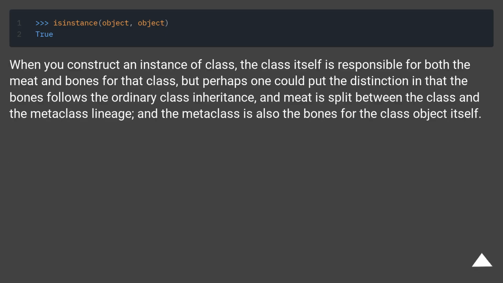When you construct an instance of a class, the class itself is responsible for both the meat and bones for that class, but perhaps one could put the distinction in that the bones follow the ordinary class inheritance, and meat is split between the class and the metaclass lineage, and the metaclass is also the bones for the class object itself. If you want the